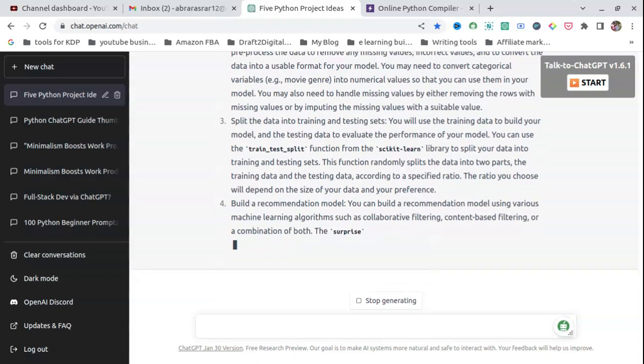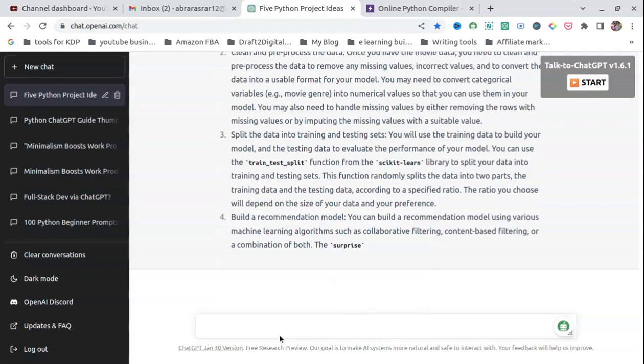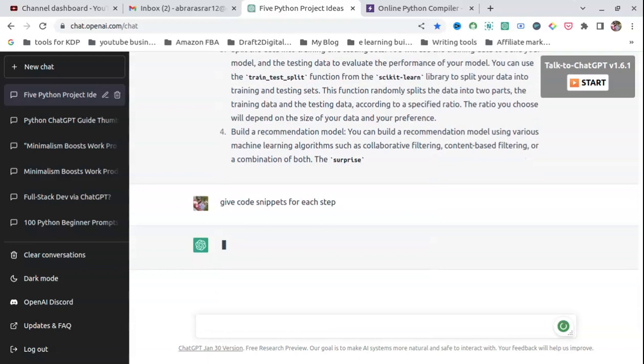We don't need anymore to use much of our memory, because we can just find information by clicking. And suppose just say stop generating, and let us ask it to give code snippets for each step. So it will help us start doing each of that.